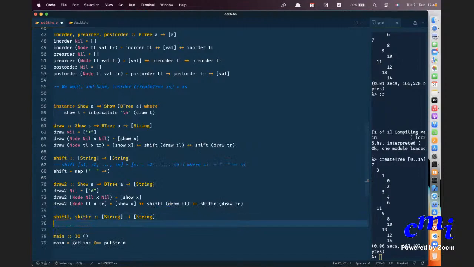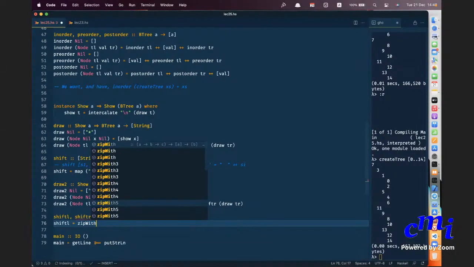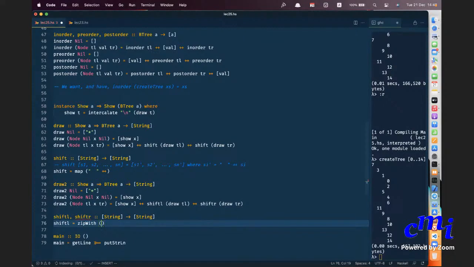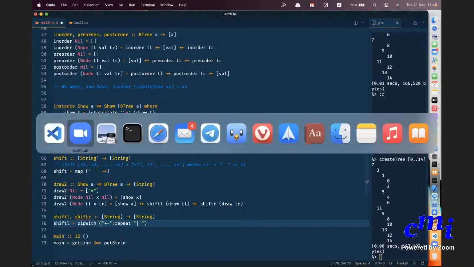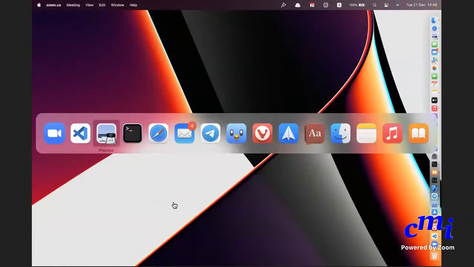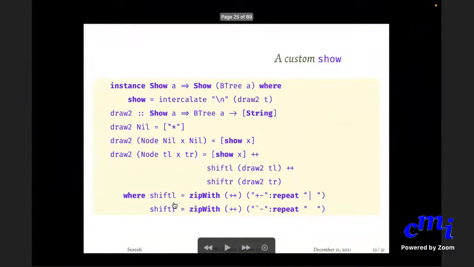Okay, for shiftL, shiftL of L equals zipWith of, so for the initial thing, I'll do a plus hyphen followed by repeat of this vertical line and space. That's it. Sorry.